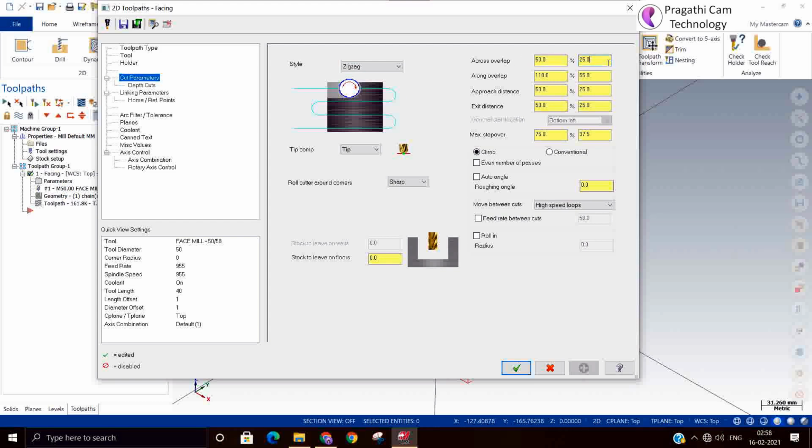Now we see across overlap and along overlap.